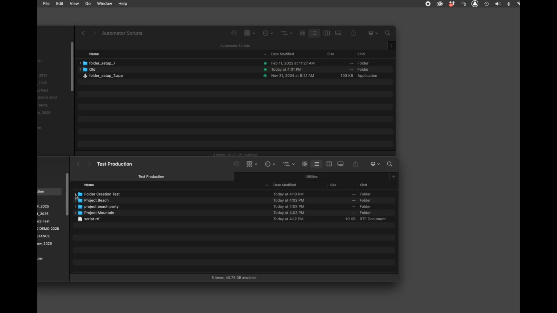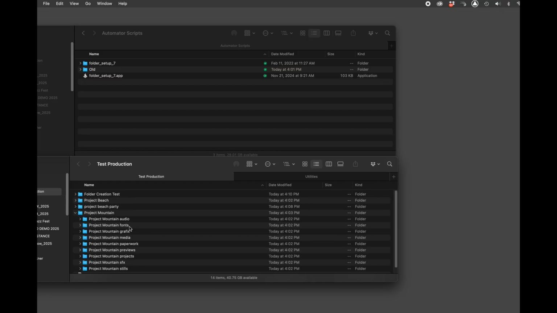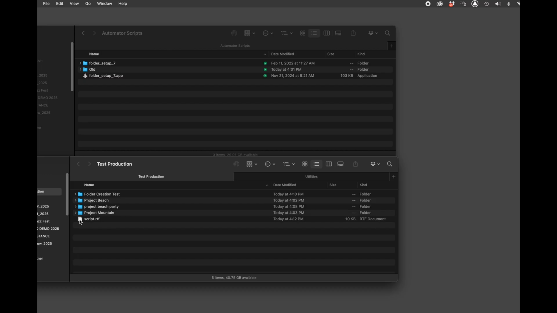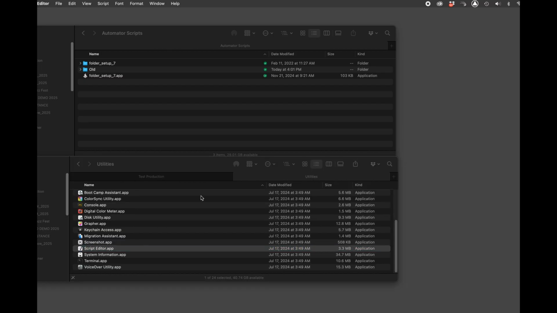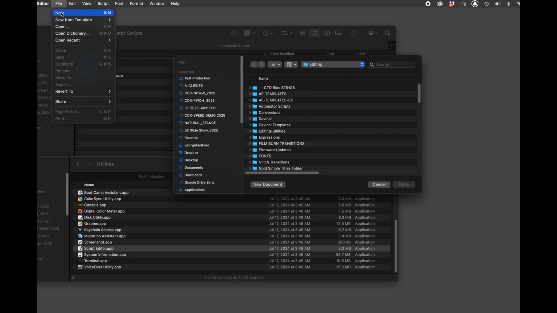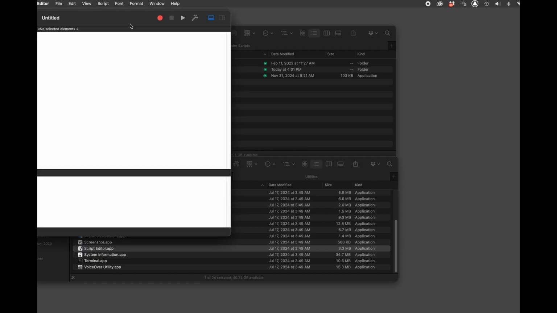Okay, how to create folders quickly if you want to stay organized. You can have your project name and have subfolders created really quickly. Simply go into Utilities, open Script Editor, File, New,